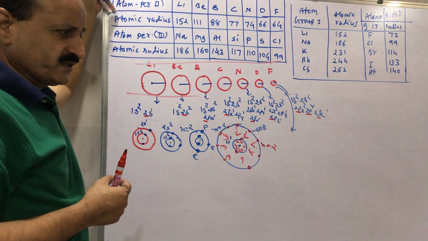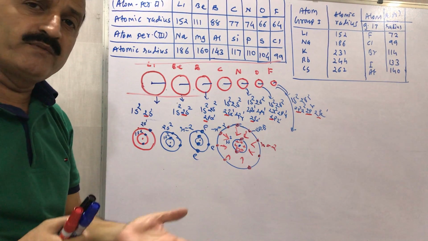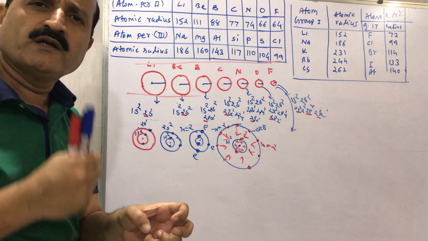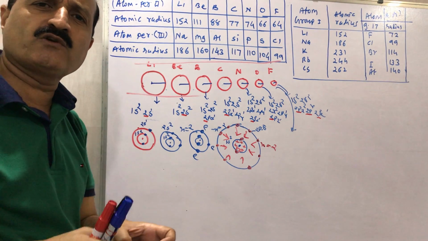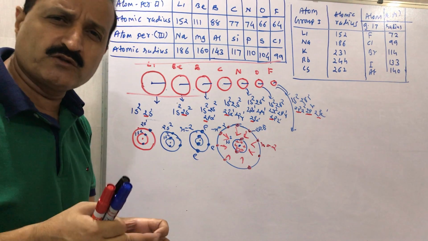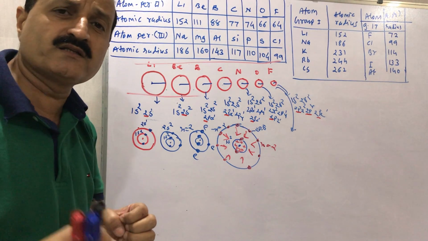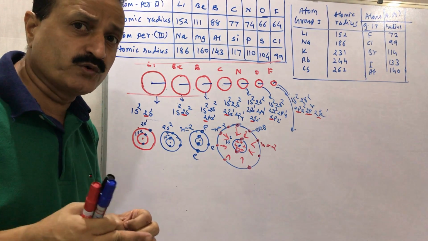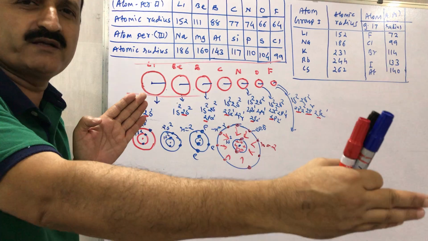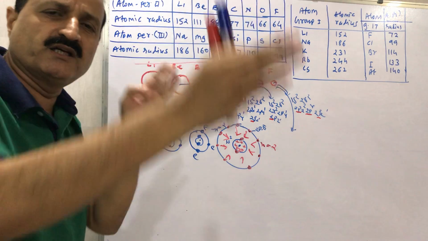The size of the atom is decreasing in the period, then atomic radius is decreased. Why is it decreased? Because the effective nuclear charge is increased. The distance between the effective nuclear charge and electron is not increased, so attraction force will increase. Attraction force will increase, then the size will decrease. As the number of electrons increases, attraction force increases. So as we go left to right in a period, atomic radius is decreased because the atomic size is decreased. It is clear.